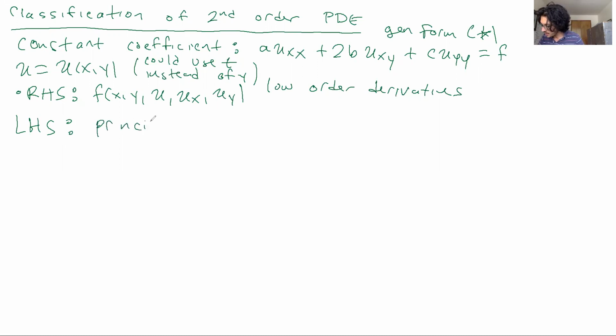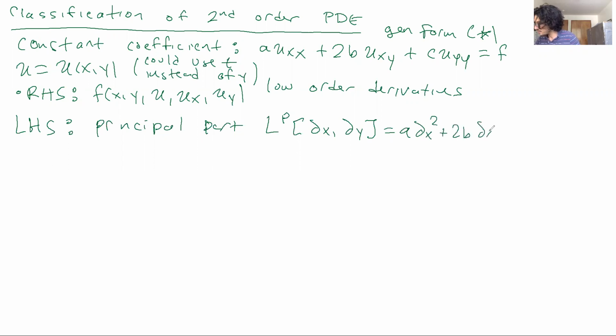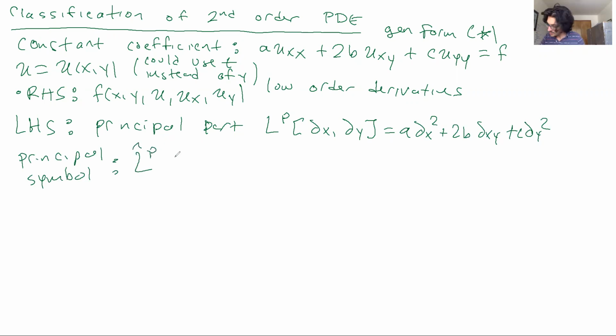The left-hand side is what we're going to call the principal part of our PDE, and it involves partial derivatives, okay, in x and y applied multiple times, okay? So this is really just writing the operator that's applied to the left-hand side. And we can immediately associate this with what's called the principal symbol, okay? Principal symbol, I'm just going to write as L hat of P, L hat P. And the idea is that this is going to be equal to